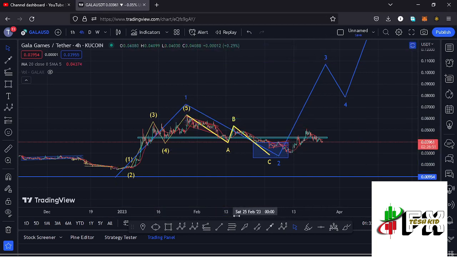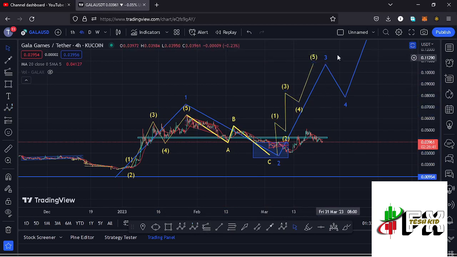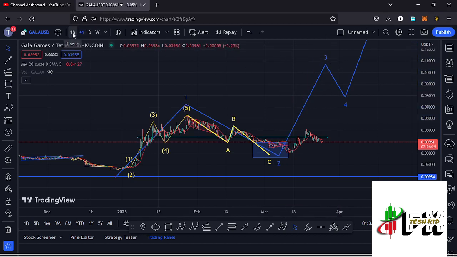And because of the impulsive nature in the formation of that wave 3, I'm also expecting to see a 5 wave structure in formation within the formation of that wave 3, having the wave 5 fully maximizing our target areas and also giving us the high for that wave 3 to the upper side. And it is this Elliott wave structure, which is a micro Elliott wave count within the formation of this wave 3, that is going to give me the short-term scenarios that I'm expecting to play out here on the Gala Games chart.